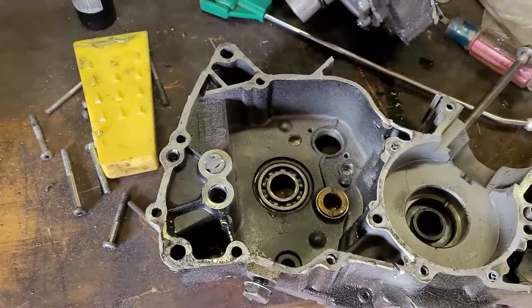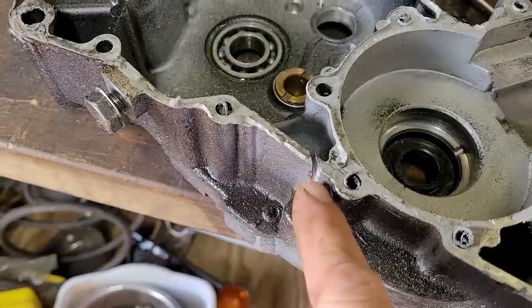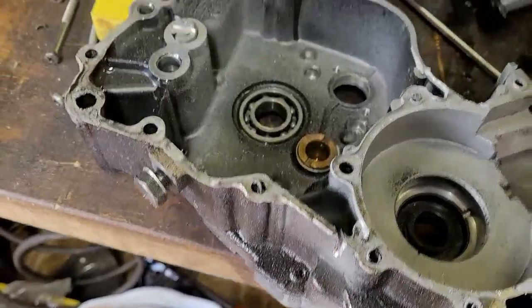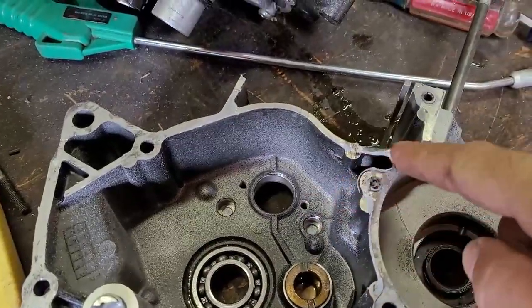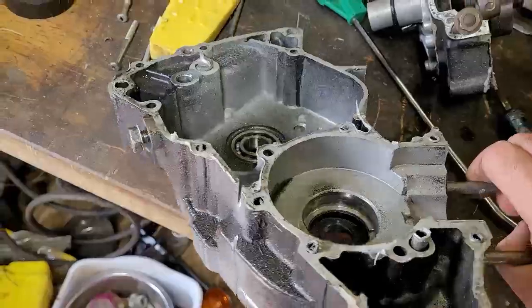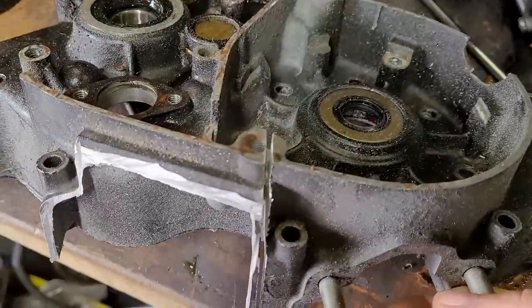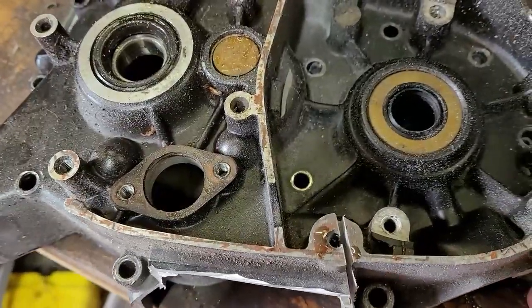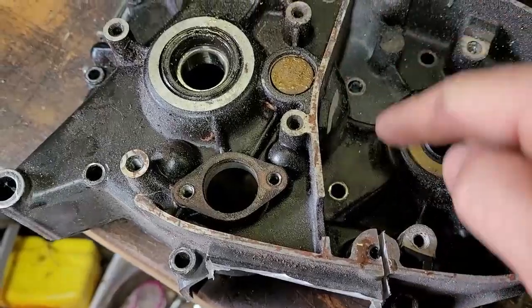Alright, so what we're doing is we're cutting the case. You can see right here how we're cutting it. Right down through there, we're going to cut it up through here, and we're going to leave this wall right here alone. Now, it's going to be a lot of trial and error. You can see right here where I started to cut through. Right there. And then it's going to go that way and then come around